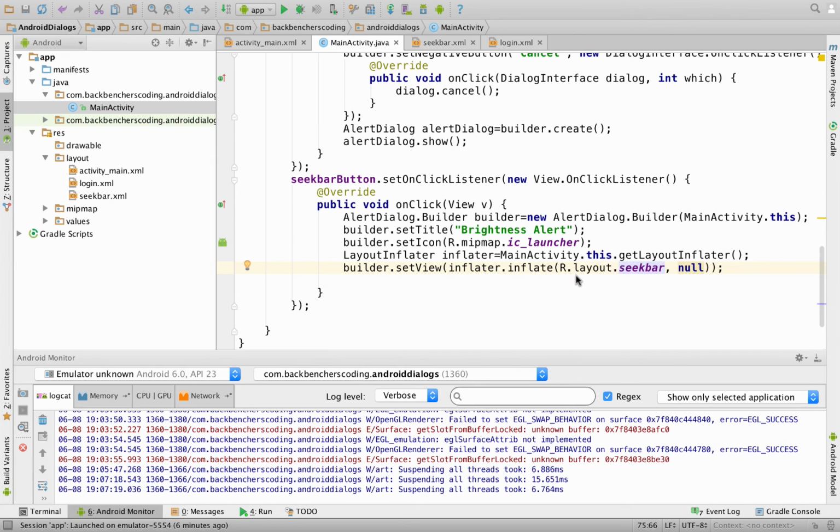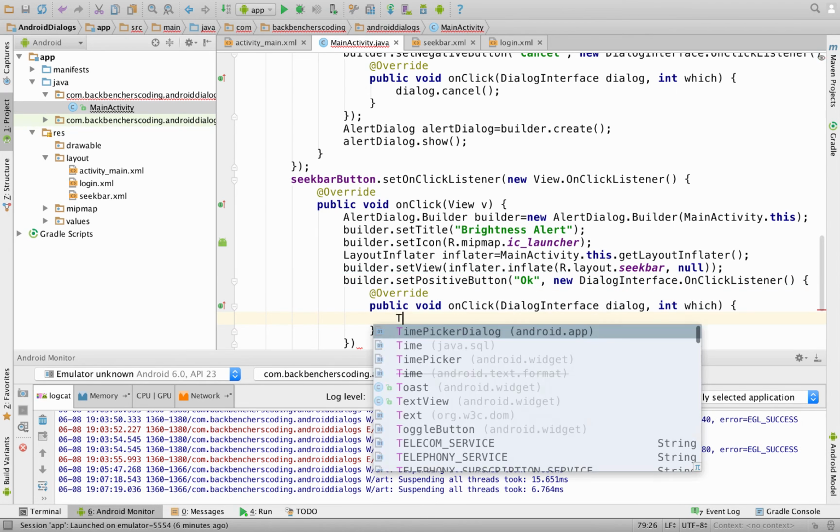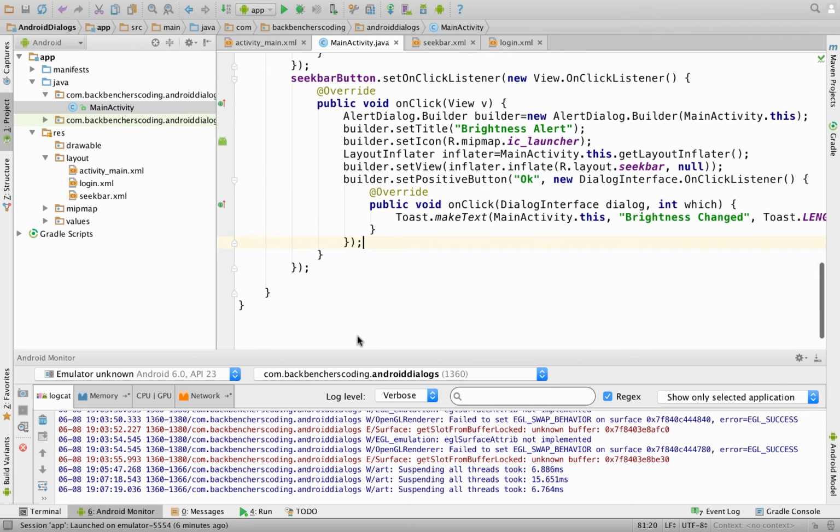Now we'll add action buttons. So builder.setPositiveButton, our text would be OK, and we will apply a listener to it, new DialogInterface.OnClickListener, and we will generate a toast and pass the message Brightness changed. Now we'll create the setNegativeButton logic.